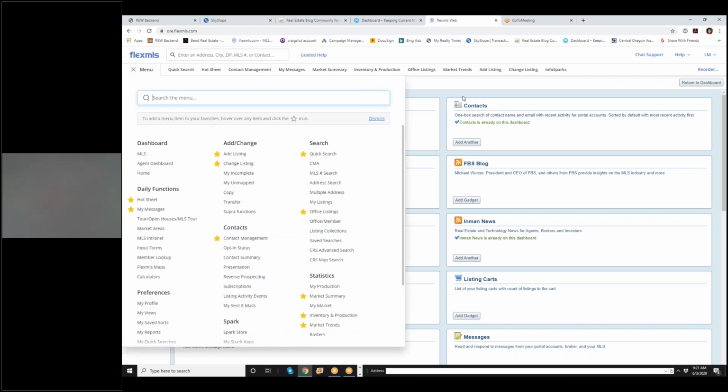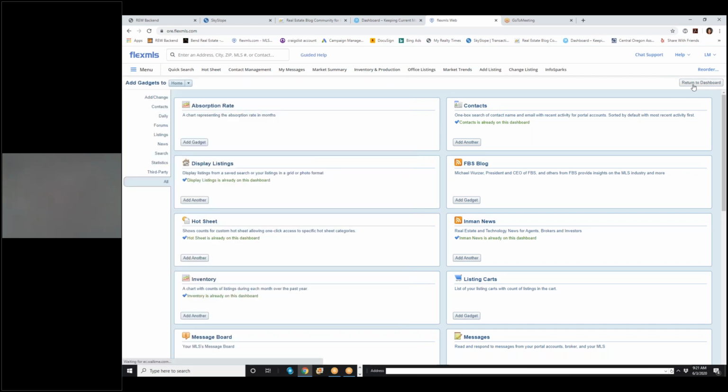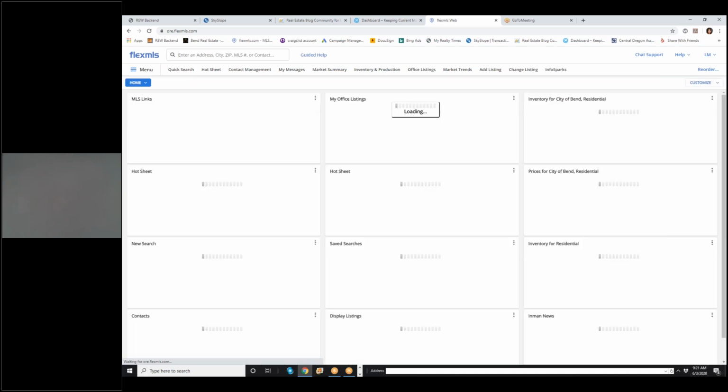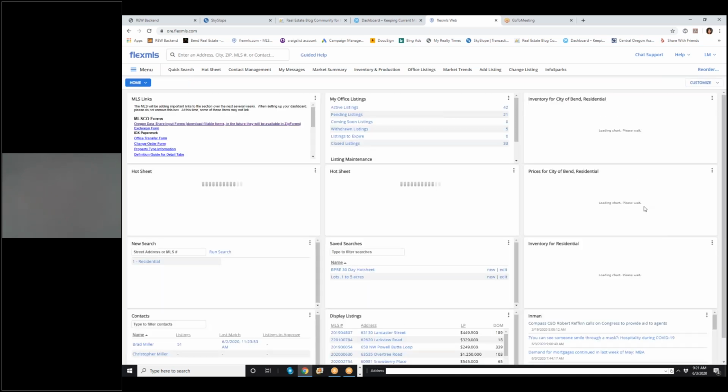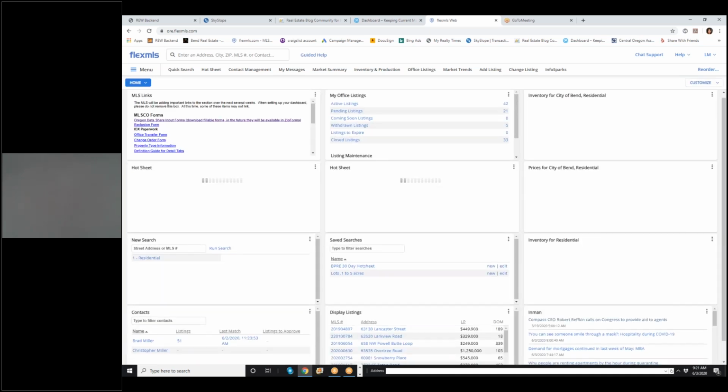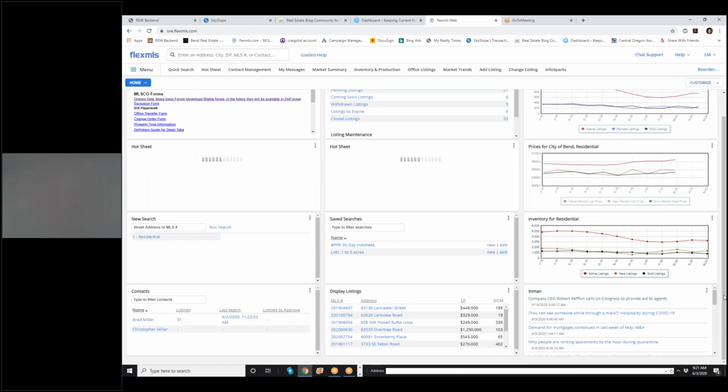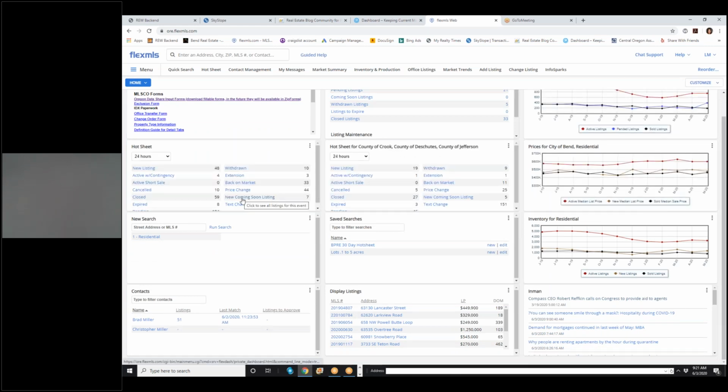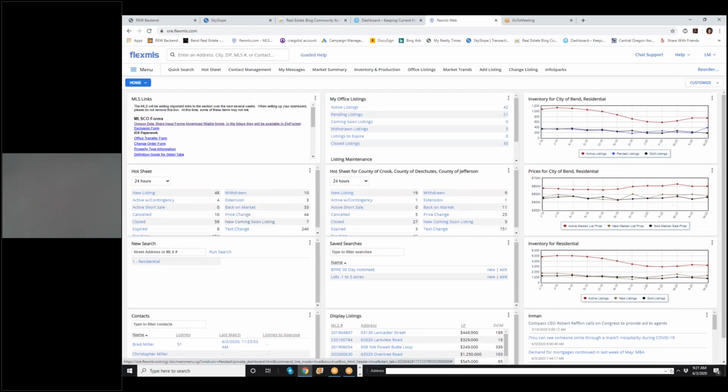So I just find all the stuff is very helpful, and you can just return to the dashboard anytime. My gadget did not stick because I didn't save it, but if I had saved it, I would have another gadget here. So that's one of the things I find very helpful. I also find it extremely helpful because everything in Flex is geared around this little bar right here. I can start typing anything. So if I start typing my name,